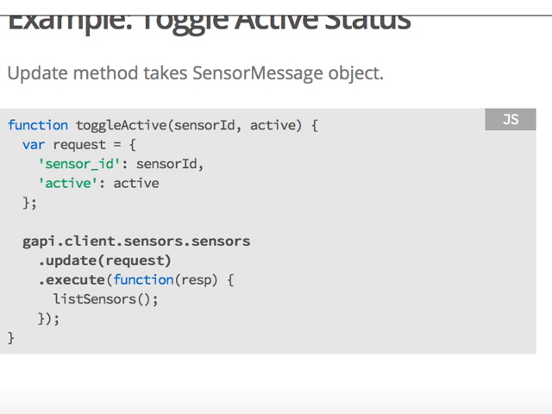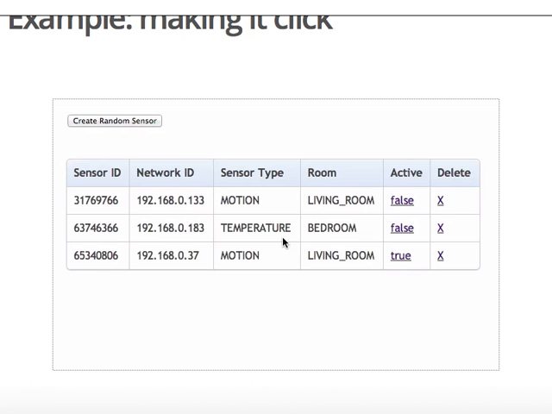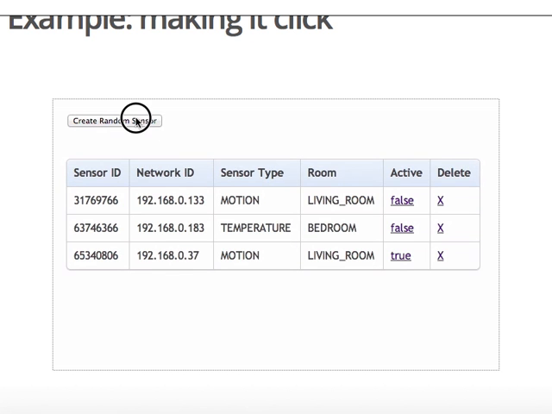Now, I have a tiny little demo, I hope it will work, which will illustrate how it will work when you launch it at home. Let's hope it works. Please. No? Oh, it's loading. Wonderful. Here we go.